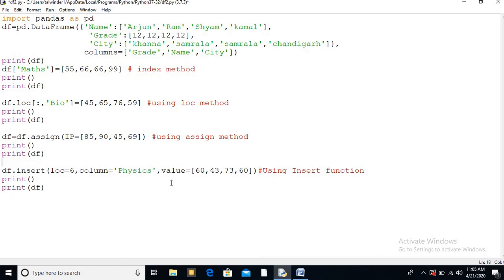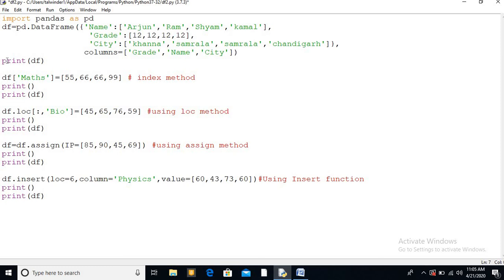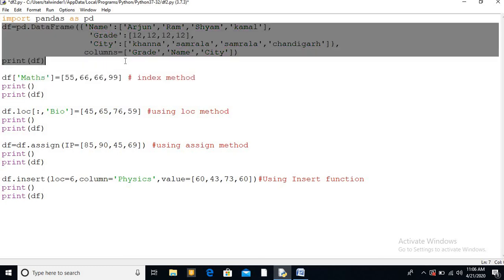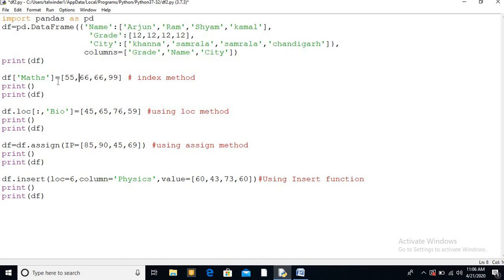Now this is the fourth method. So if you see here, in the first one, it is the first data frame without, means this is the only. Okay, it is according to this data frame. Okay. Then I add the math, then I add the bio, then I add the IP, then I add the physics. So student, these four methods are there.